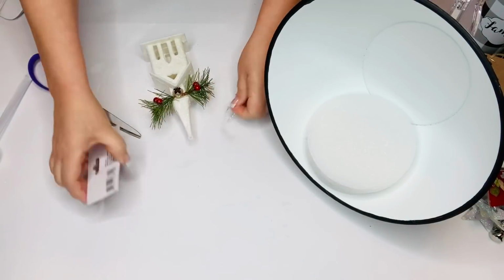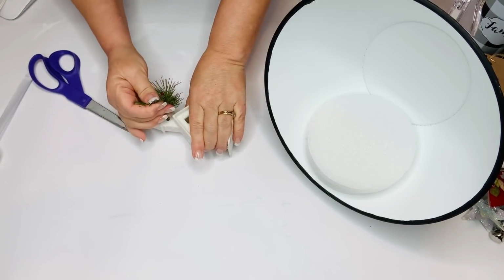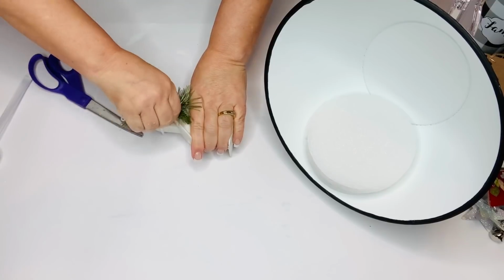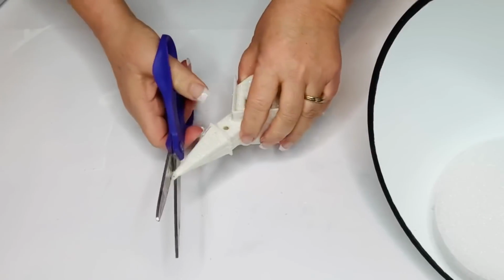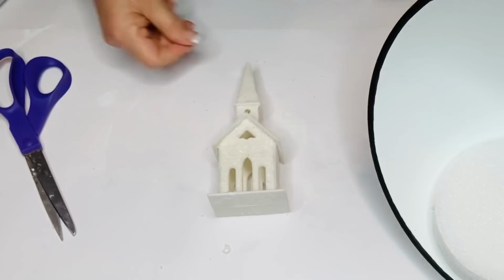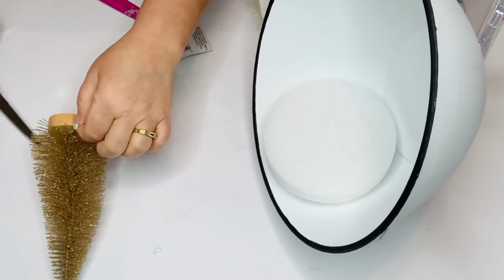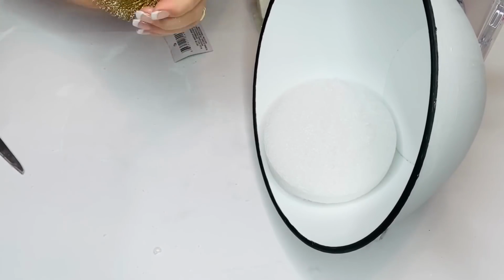So now I'm going to get my pieces ready, and for the church I just took off the greenery and pulled it out of the little hole that it was in, and then took off the tag. And then for my bottle brush tree, I was so excited to find this gold one. It's nice and big, and it was kind of hidden, so I don't know if somebody was trying to hide it from us or what,